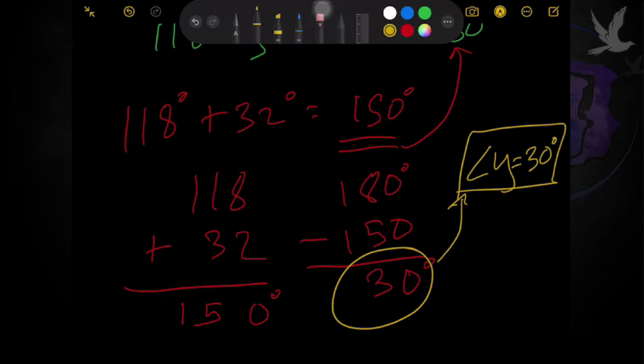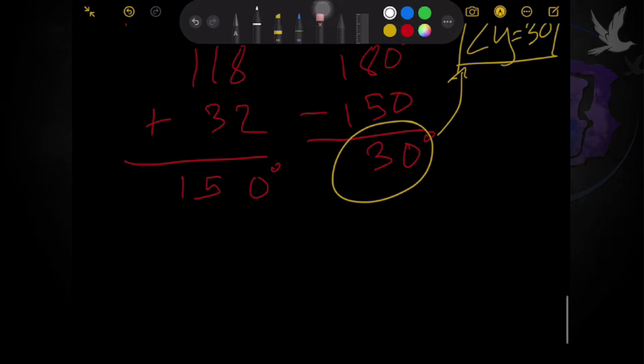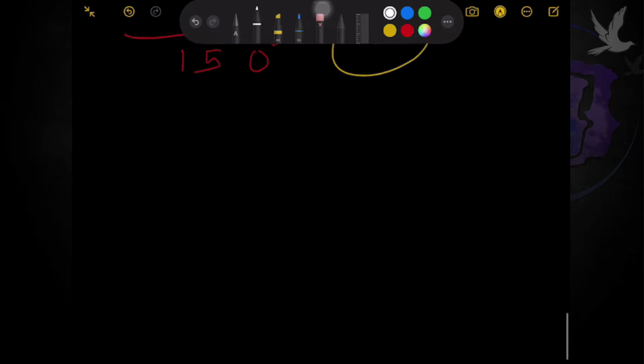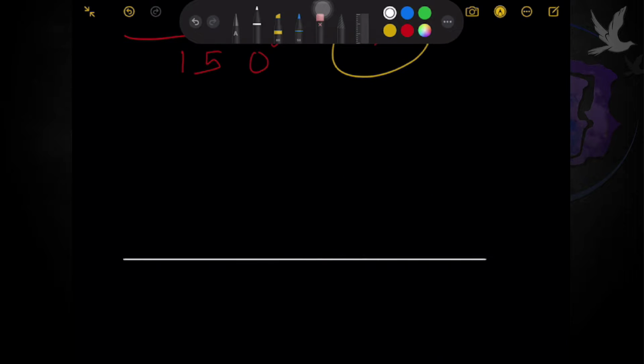Now, whatever your situation is, as long as it's on a straight line, all the given angles should be added first, and then subtract it from the total of a straight line, which is equivalent to 180. Okay? So, it's the same. That means, no matter how many there are,